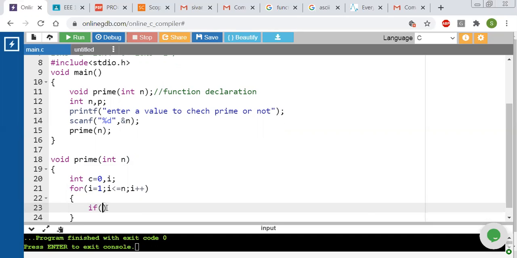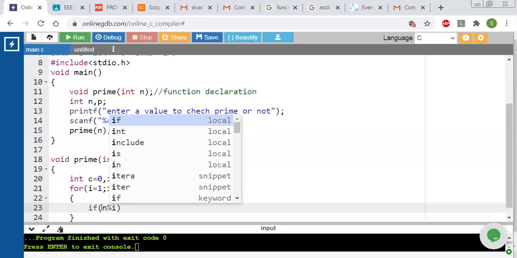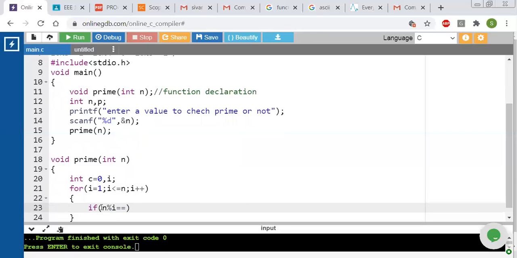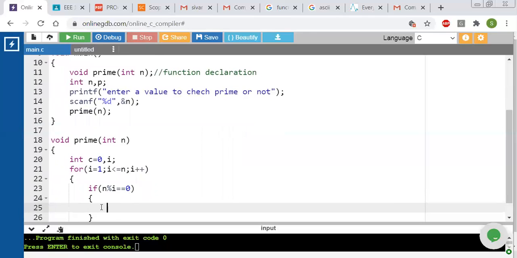By checking a condition. The condition we have to verify is if n mod i equal to 0, then c is equal to c plus 1.